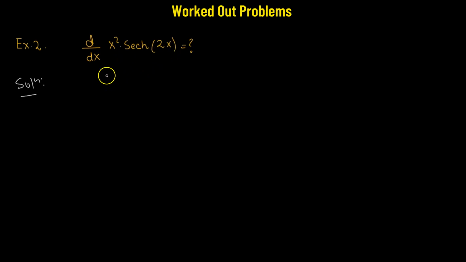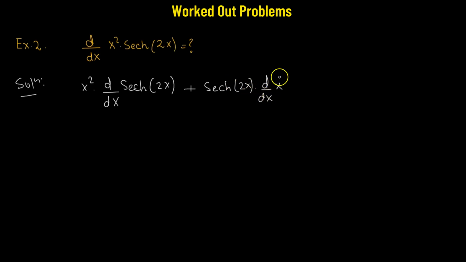So that means we begin by first performing the product rule. We'll take x squared as the first function, which will multiply to the derivative of our second function, which is hyperbolic secant 2x. Plus, we take the second function, hyperbolic secant 2x, and multiply it to the derivative of our first function, which is x squared, which will be equal to x squared times